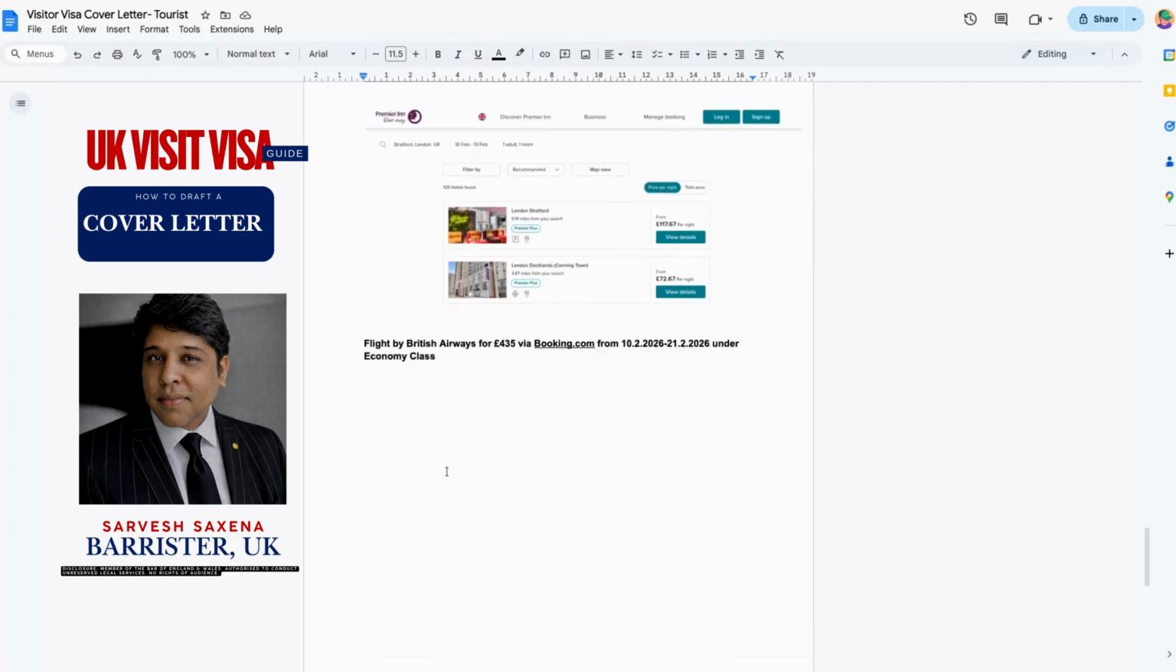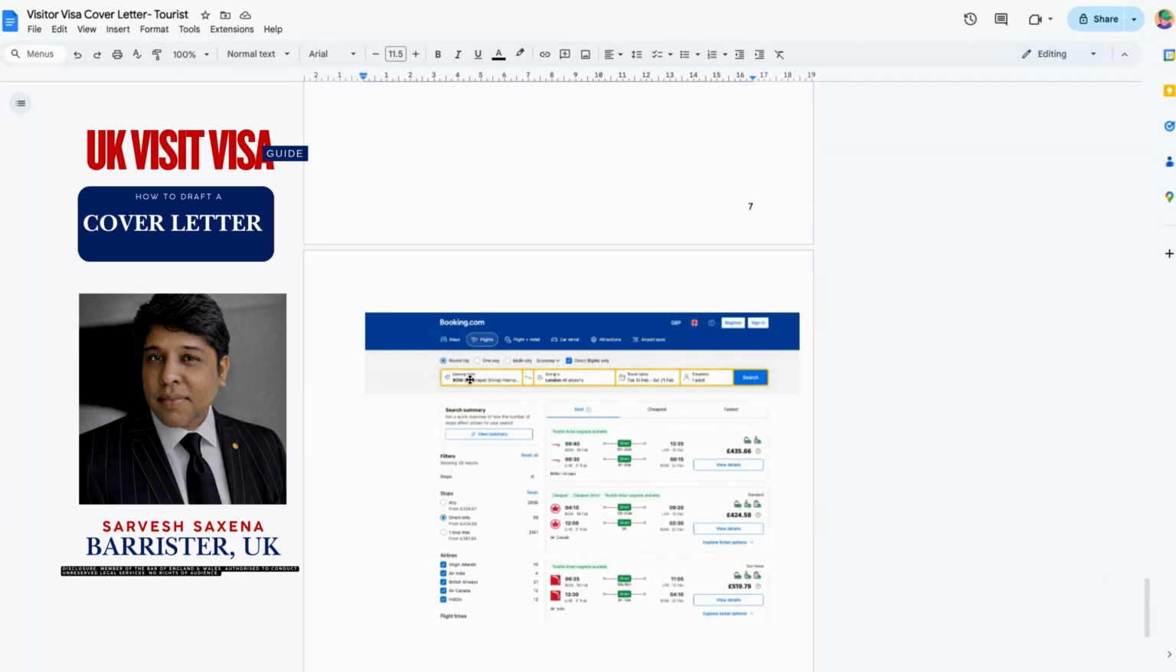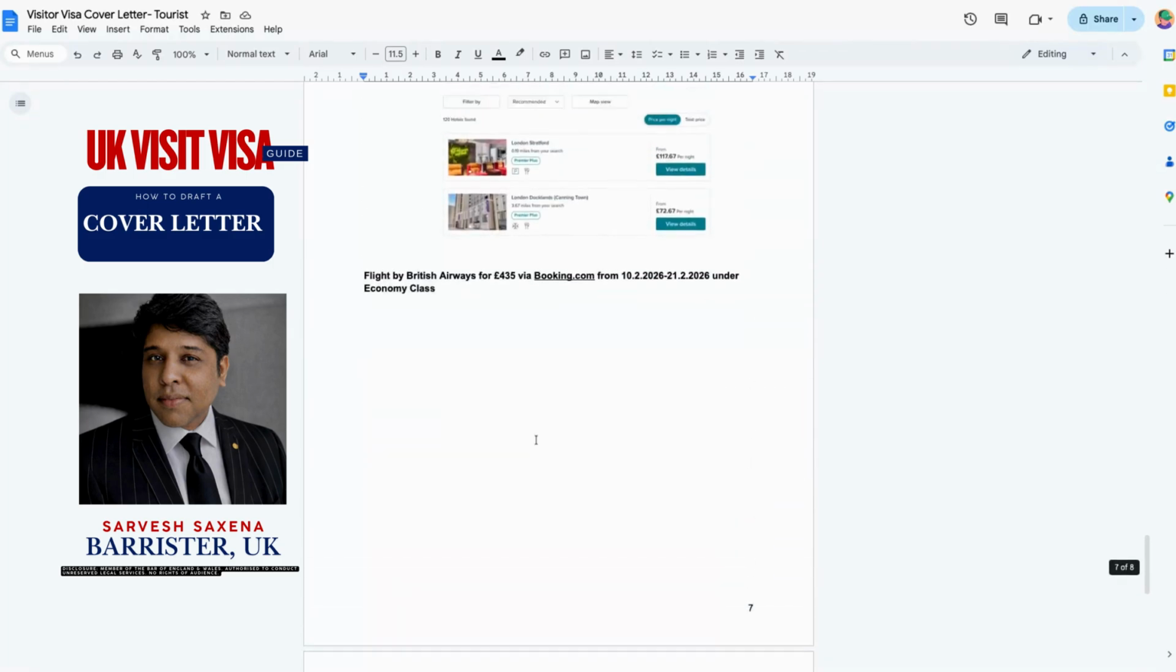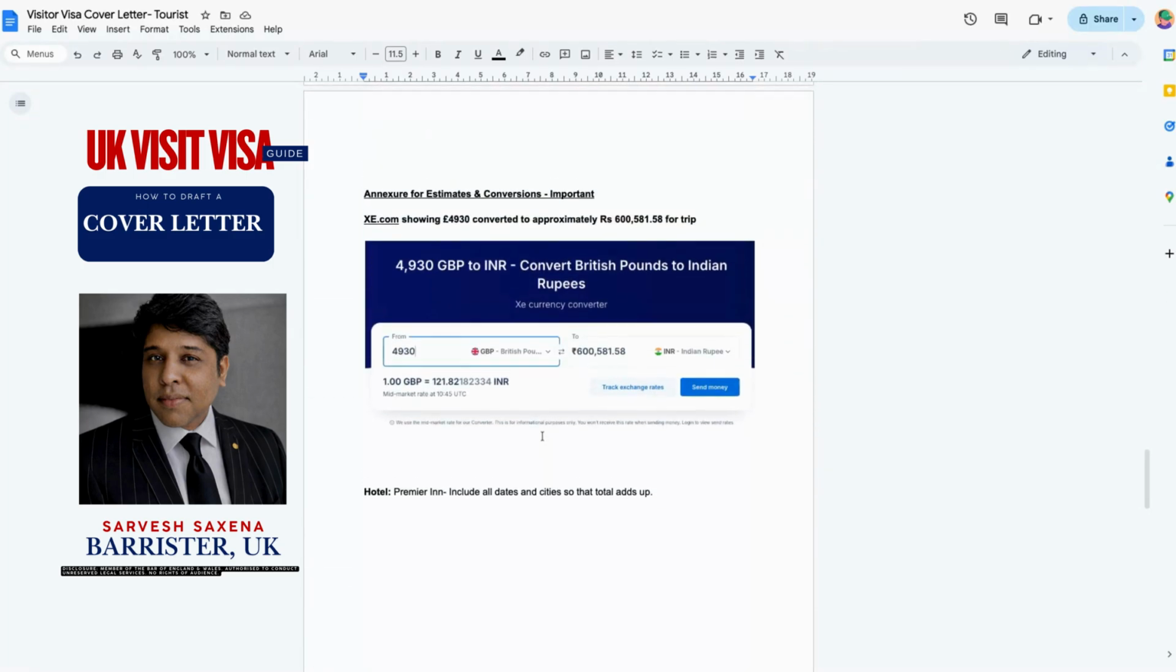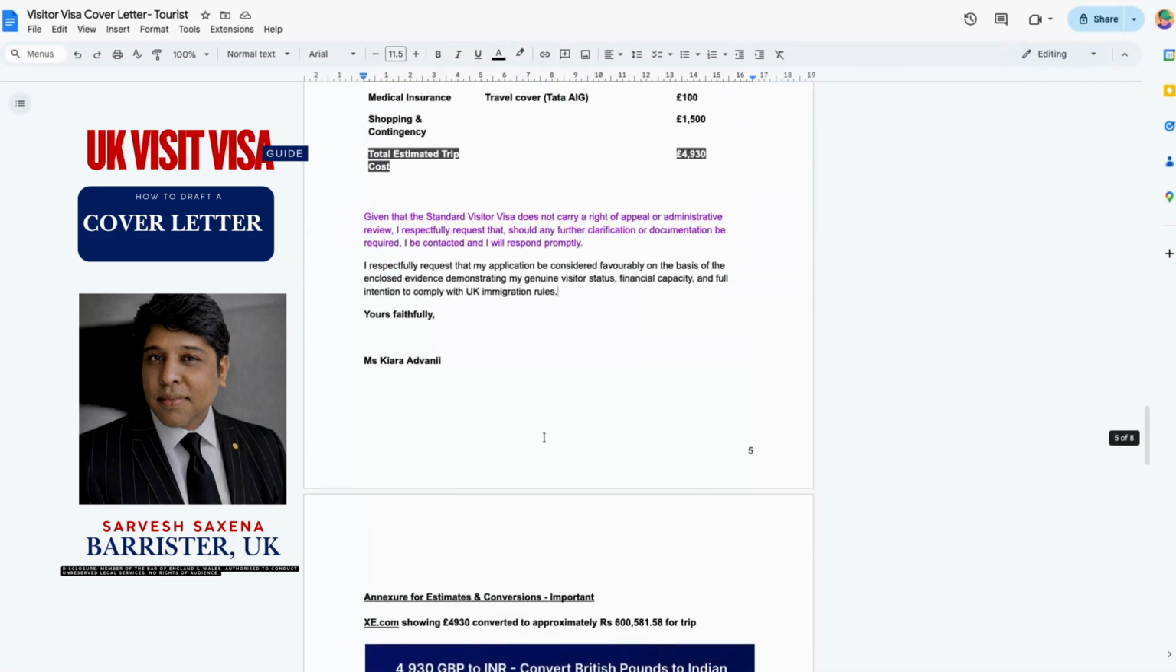Then I've also taken the snapshot of britishairways.com. I went to booking.com, I selected these flights, and I have an estimate here. It shows Mumbai to London for 435 pounds, and you can highlight it that I'm going to use this flight. So as I said, that you don't have to book anything, but by showing the estimate,